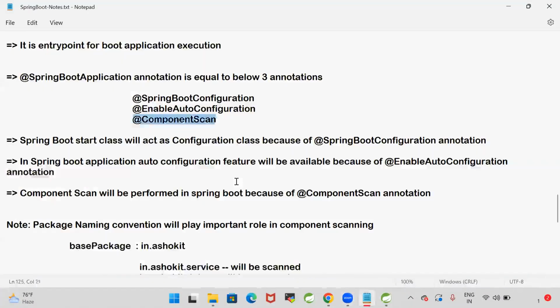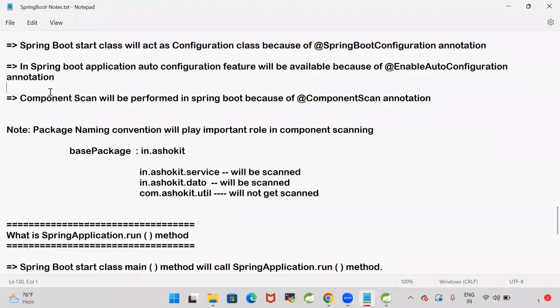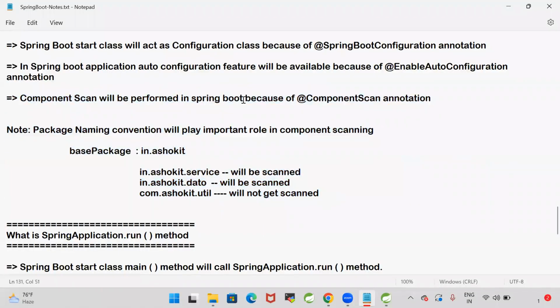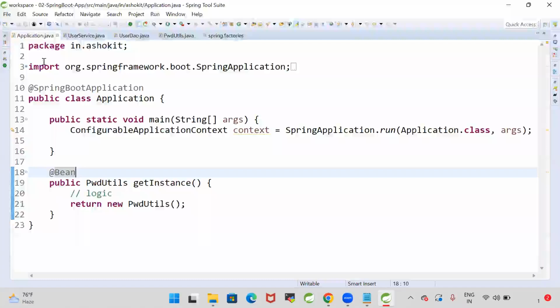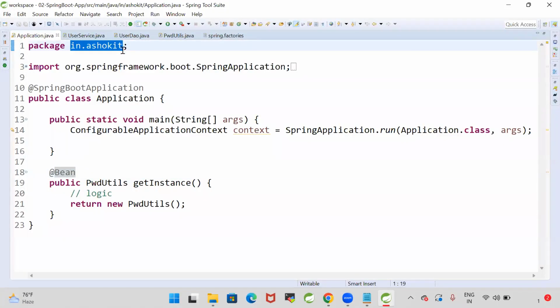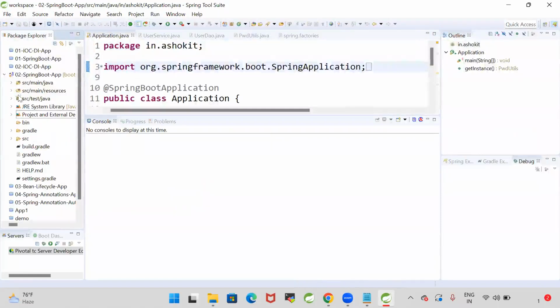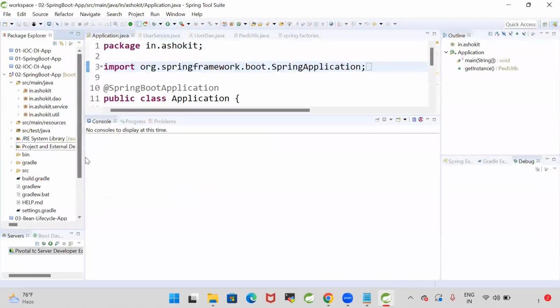Already we discussed what is component scan. Component scan is used to identify Spring beans. Component scan will be performed in Spring Boot because of this annotation. So component scanning means it will identify the classes which are represented as a Spring Bean. When we go for component scanning, by default, it will search in the current package. That will be considered as a base package. So as that is a base package, all the other packages which are starting with the base package also will